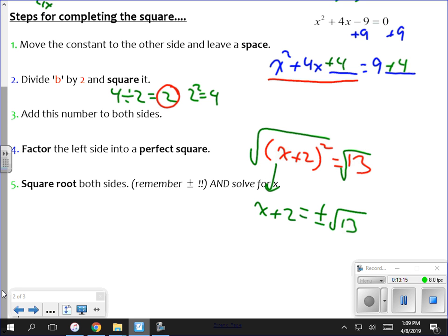Now, I'm not done yet. Told you, long one. I need to get x by itself. I have x plus 2. To get rid of the 2, I subtract 2 from both sides. Now I end up with x